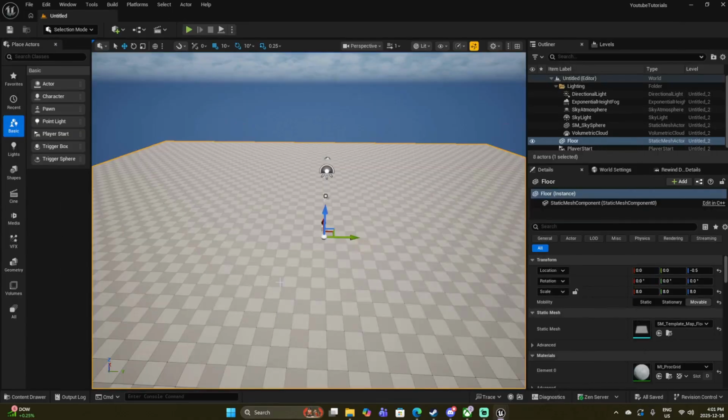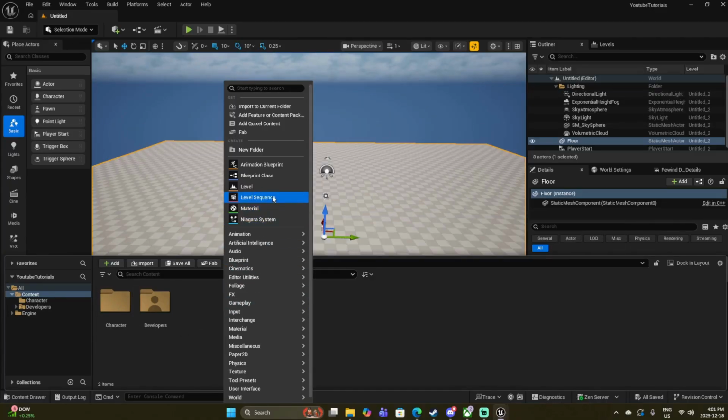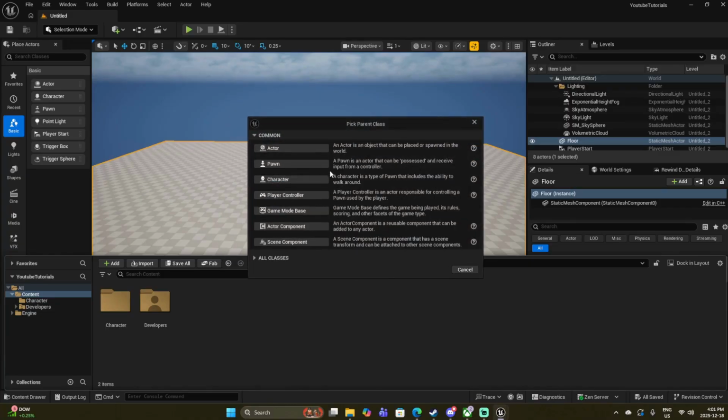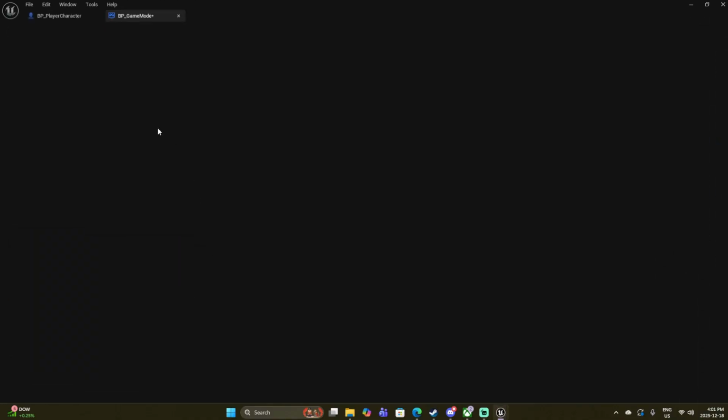What we can do is go ahead and make it so our game uses our new character. To do this, I'm going to come outside of the character folder. I am going to go ahead and create a new blueprint class. And this time we are going to do a game mode base. We will call this BP underscore, I will just call this game mode. Of course, you can call it whatever best relates to your game mode. And inside of here,